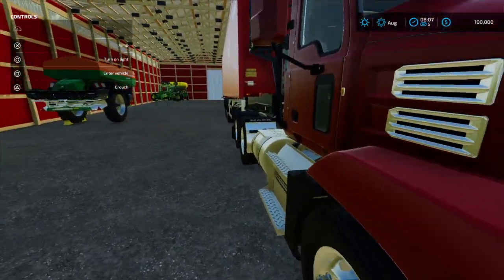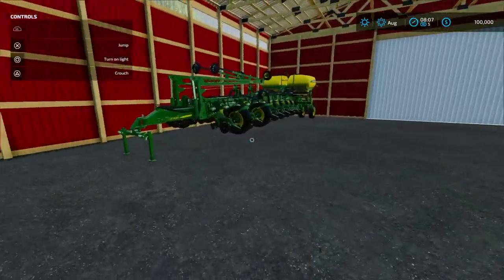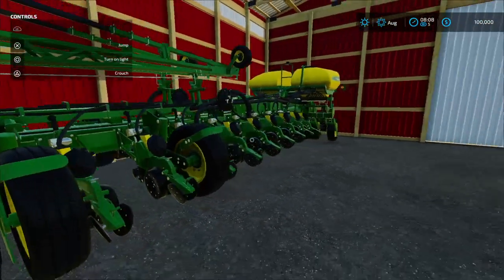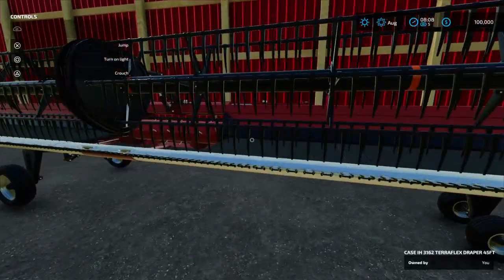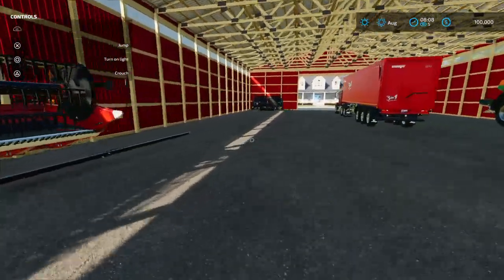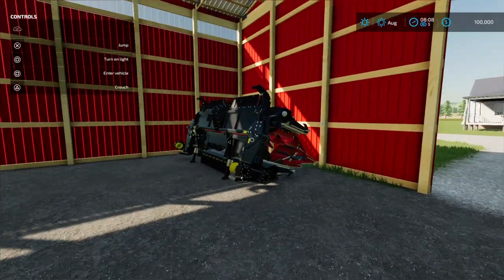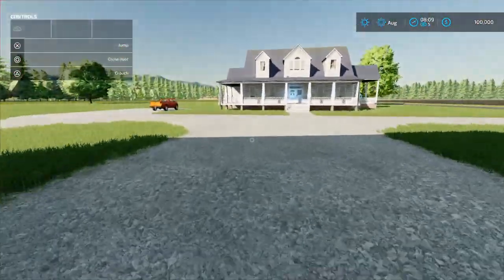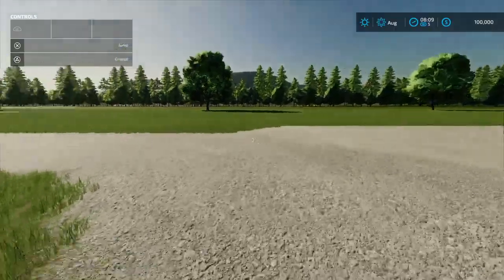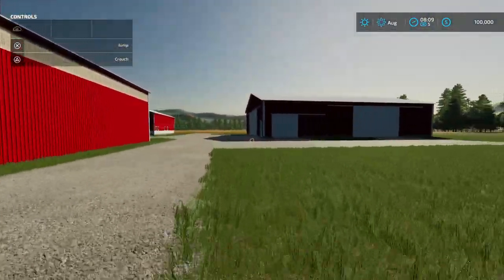We have our semi in here. We have our containers, or our container in here. I believe this is our planter, or our seeder. This is like our wheat header. Here's our planter, I believe. One of them. Nope, that's our corn header. Let's see, alright. It's kind of like the last map we did. There's not too much to look at, but...